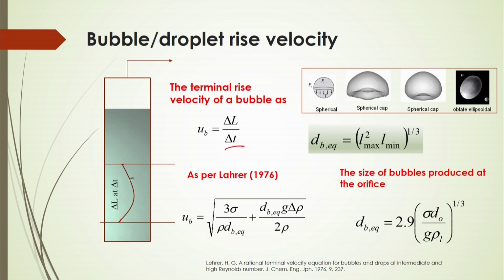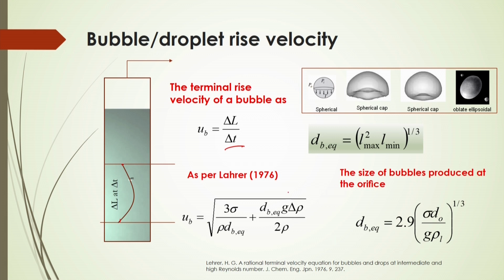So in that case you may not get 100% transfer of the carbon dioxide gas to the liquid medium. So you need more residence time. Even some specific reactions, also gas liquid reactions, sometimes need more residence time for a slow reaction. In that case you have to produce finer bubbles, so that the residence time will be more. So this is one important factor. All this residence time and bubble rise velocity depends on the medium properties, or you can say the physical properties of the system, like surface tension, density, viscosity, all those things.